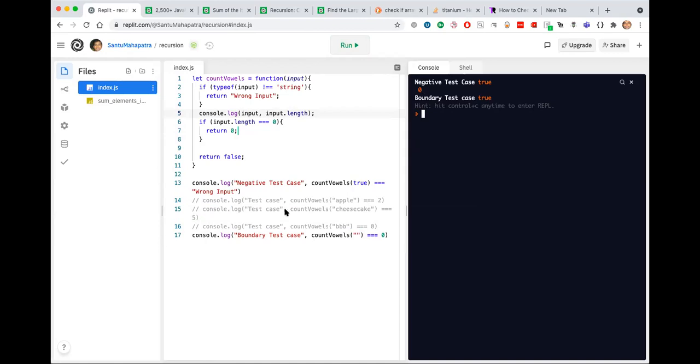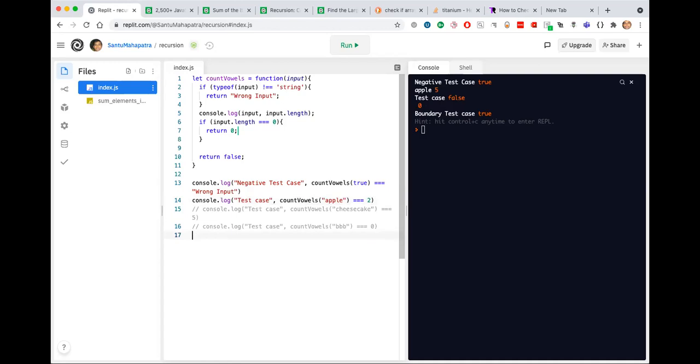The negative test cases are also working correctly. Now let's try the positive test cases, which should return false, at least now. Yeah, apple 5 false. So now we have to write the recursive logic.